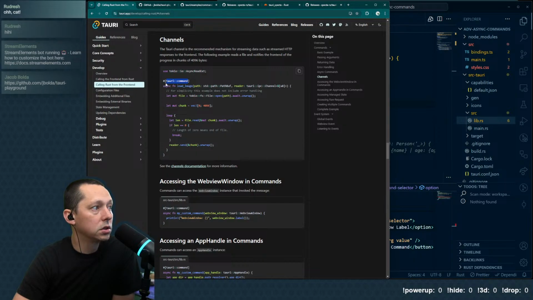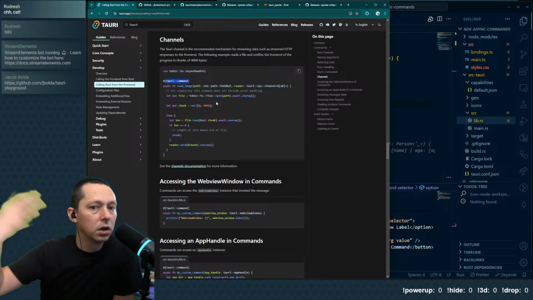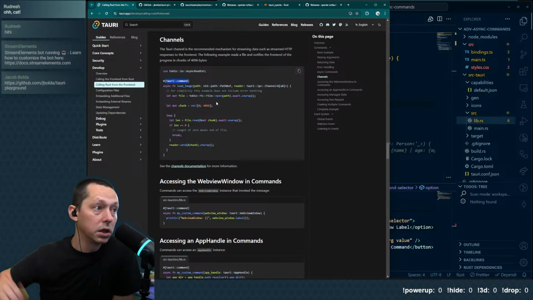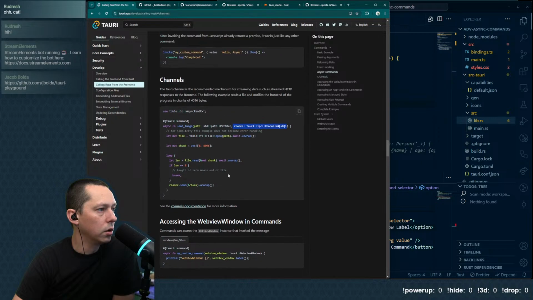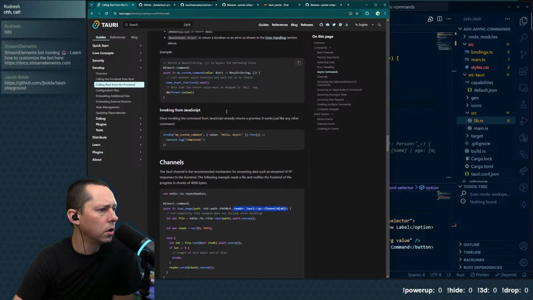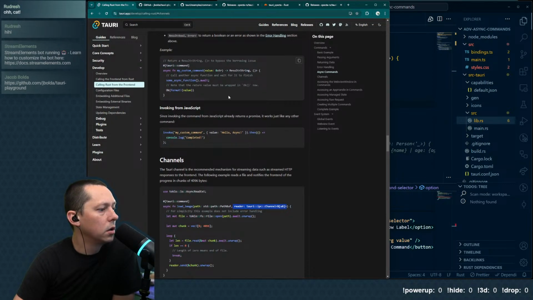In either case, we are opting into Rust handling it in an async manner. The difference is here we are specifying it as an async, and we get this reader. Where does that end up showing up in? Let's see, custom command.